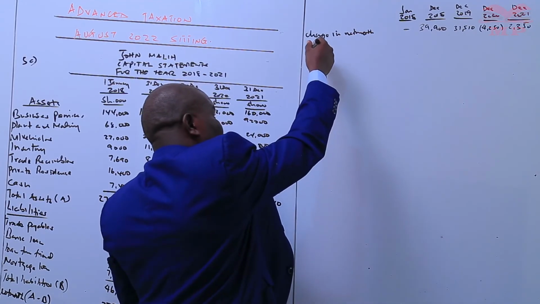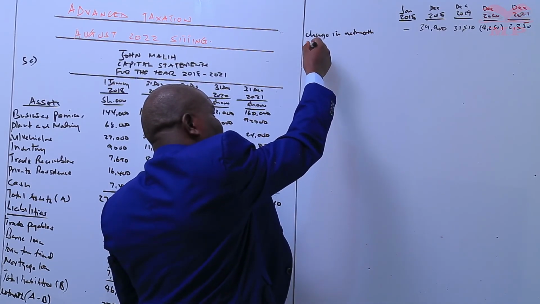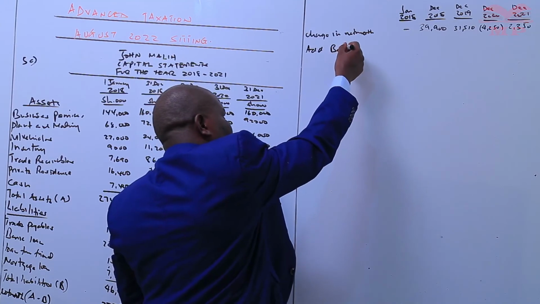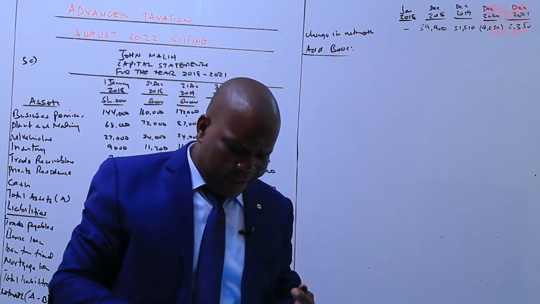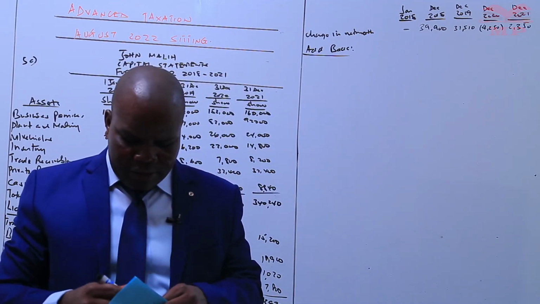So we say, first we can say add back. We add back whatever should be added back. Then we shall deduct whatever should be deducted. So move to information